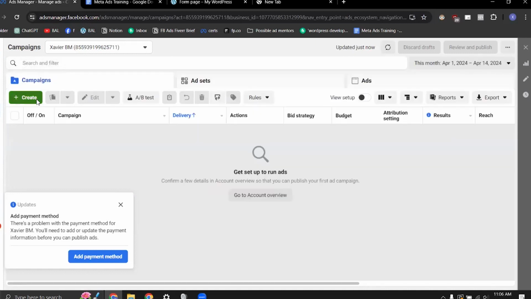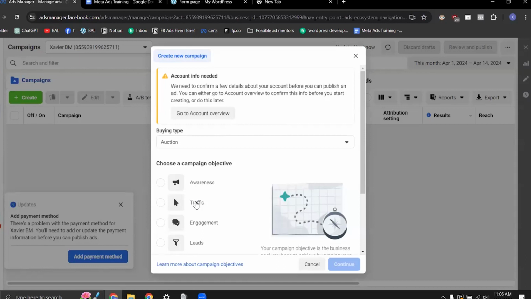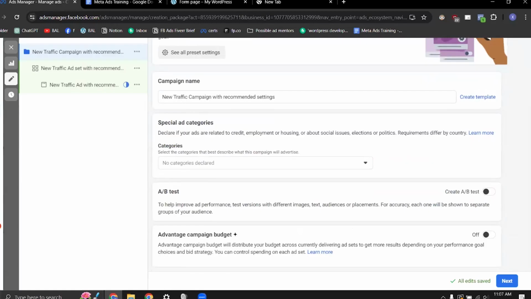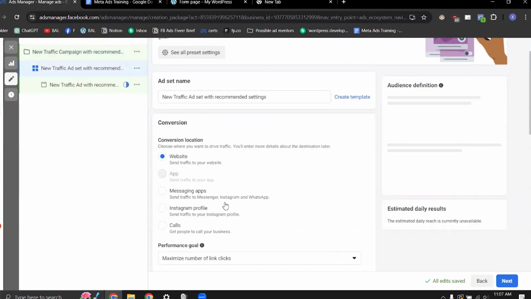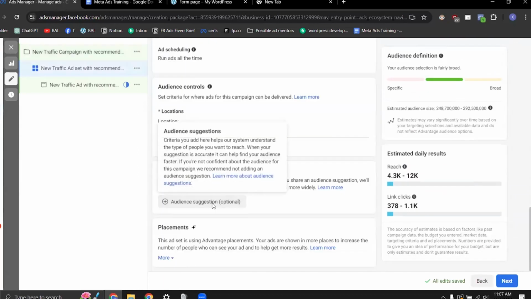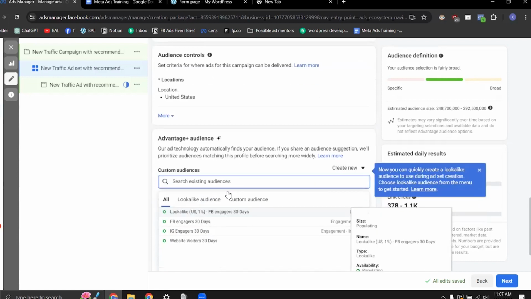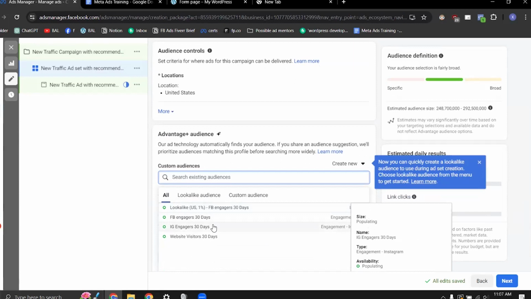Okay, so just for example, the traffic one, then continue with the recommended setting. At the ad set level, when we were putting the audiences there, the option is there to add the custom audience. So here, this one, custom audience. Both the custom audience and lookalike will appear from here. So you can select whatever you want from